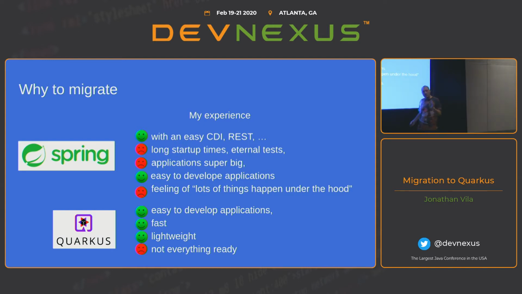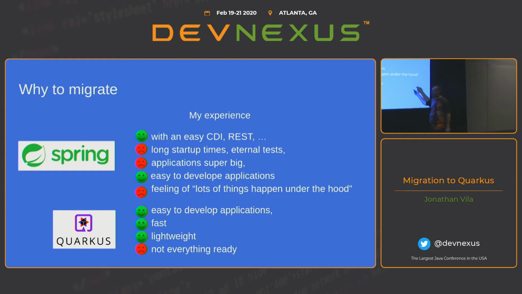And also I have this feeling, I have to share it with you. I always have the feeling that something happens behind. There's something like, I don't know, a magic, okay? You start your application and you see it starting H2. And you think, in which moment did I say I want H2? Okay, Spring decided that it needs it. So there are lots of things happening behind. I don't like that.